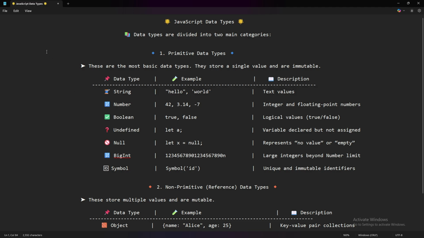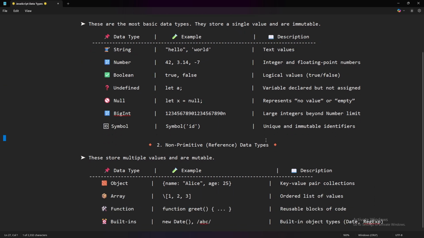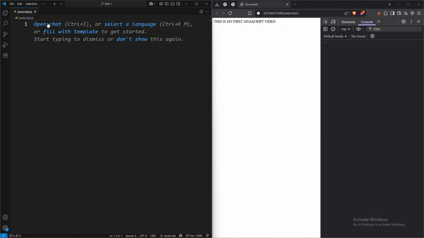The topics we covered in this video were how to print something in JavaScript, and we already talked about JavaScript data types. Two types of data types, primitive or non-primitive. The topics we already covered in this video were how to print anything in JavaScript, and second was data types in JavaScript. Now let's